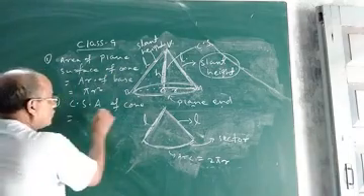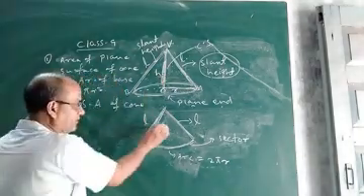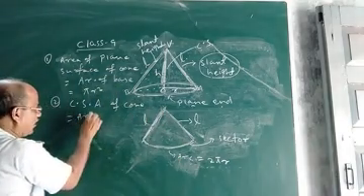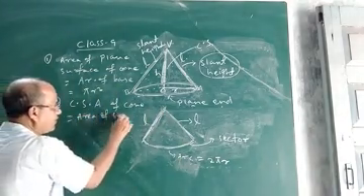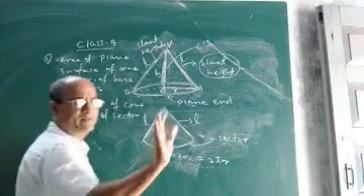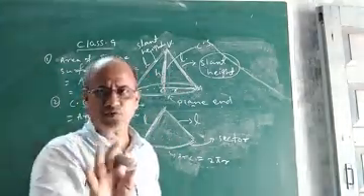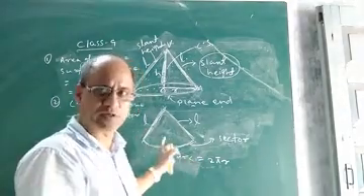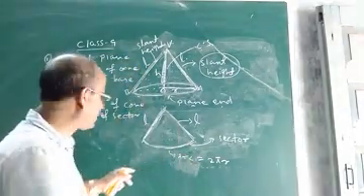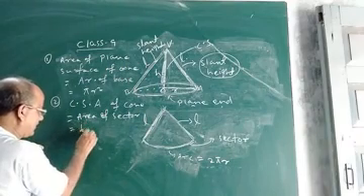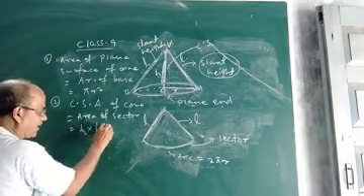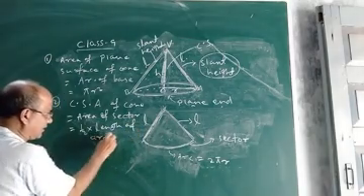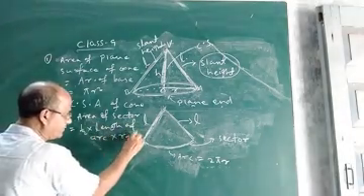So you see, the curved surface area of the cone will be equal to the area of the sector. Now you will ask me, sir, we have never read area of sector. Yes, of course it is true. Area of sector will be taught in class 10, but I am telling here. The area of a sector can be found by the formula half into length of arc into radius. This is the formula you have to remember.